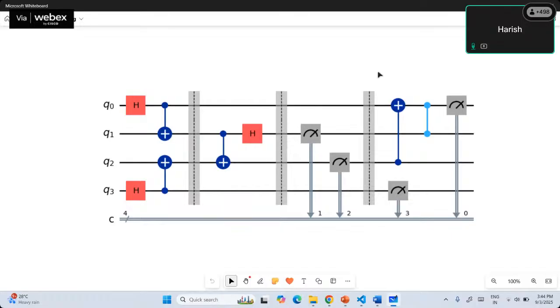What we are saying is, suppose there are three parties, Alice, Bob, and Charlie. Charlie has two qubits, Q1 and Q2, and Q1 is entangled with Q0,